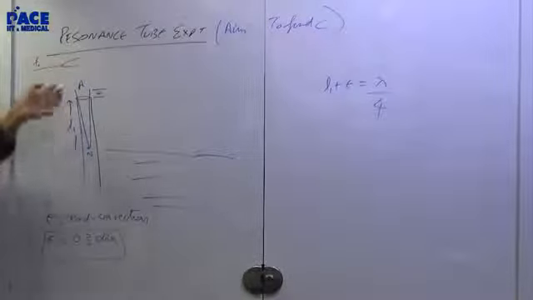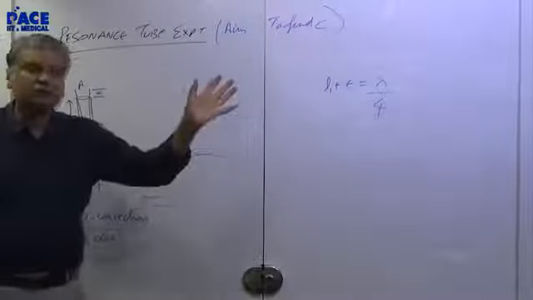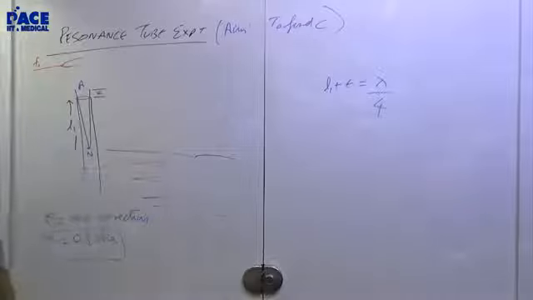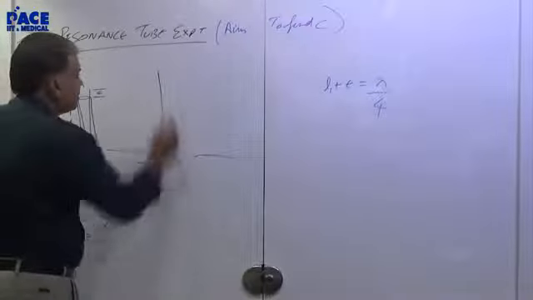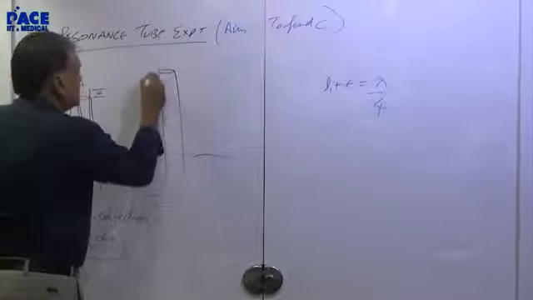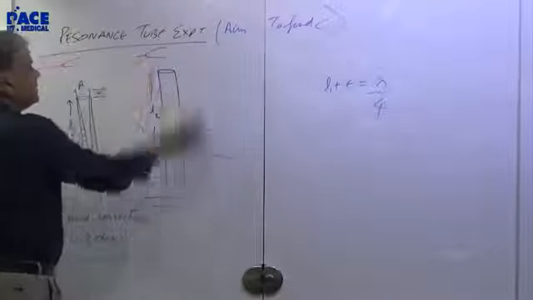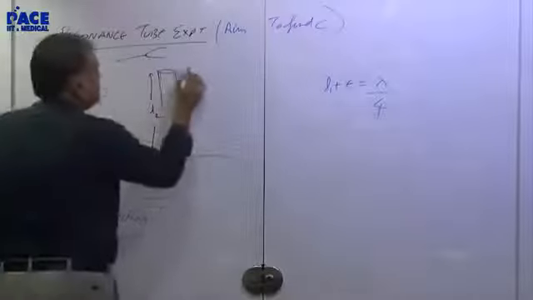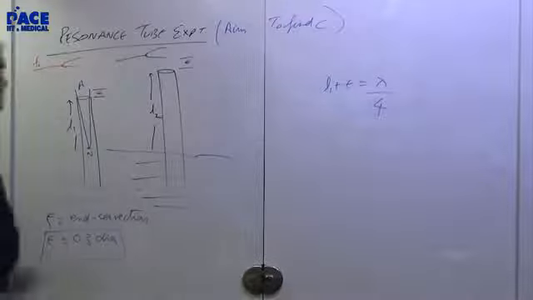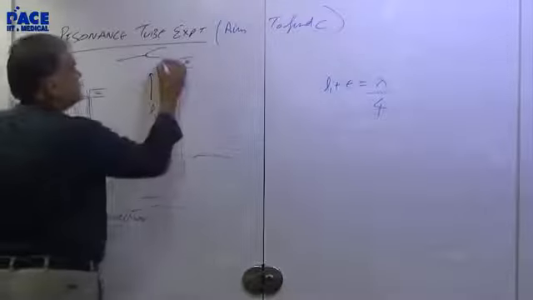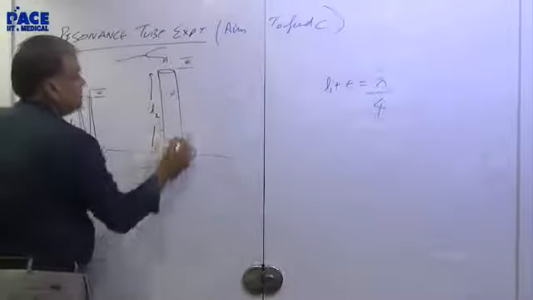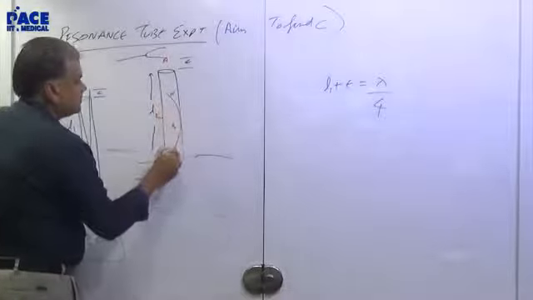Now you increase the pipe length again and it's gone, because now the frequency doesn't match. And you keep going again, and you will be successful once more at a different length. So at this length, again your tuning fork and the pipe sing together. So what does it mean? It means you have hit upon the next resonant length. Next possibility is, this would be the antinode. There must be a node here and there is a node here and there is an antinode here. This picture would be like this.